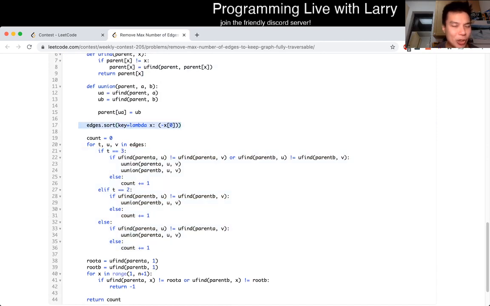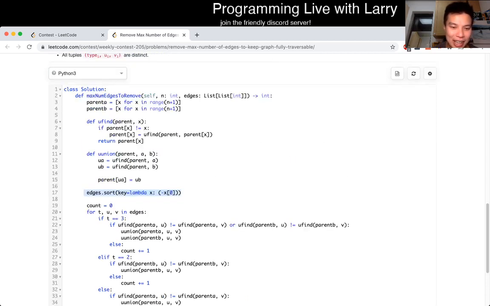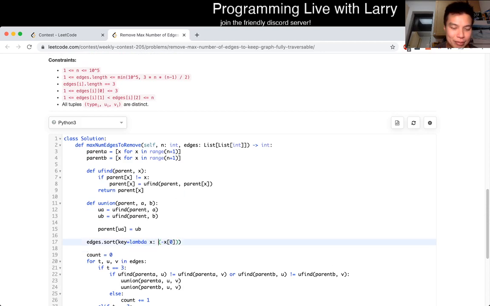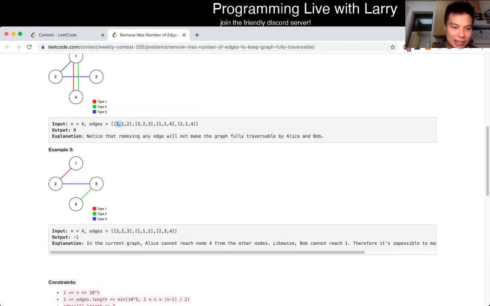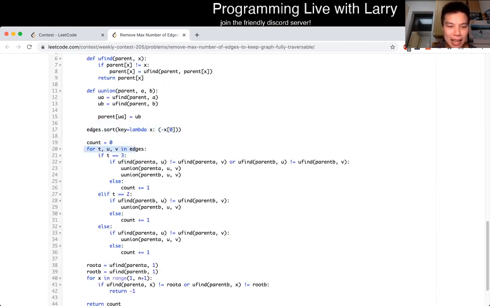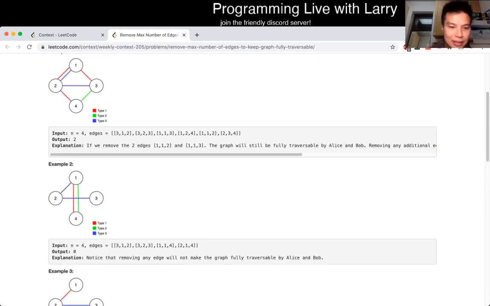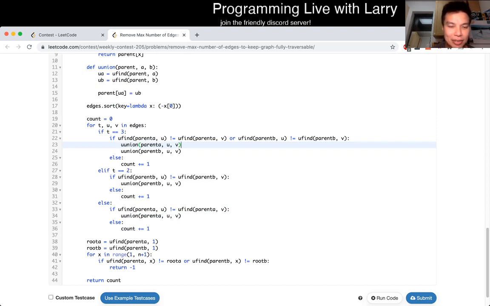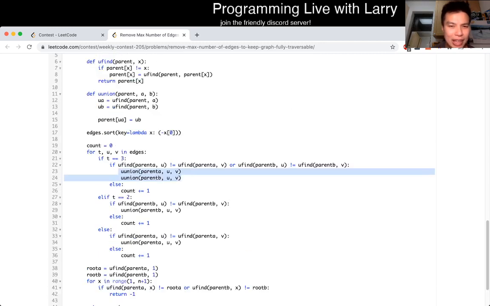this is not a real edge sort. Maybe I should have handled this better. But during the contest, I just use this to sort so that it puts the 3 in the front, is what this does. And now after that, we could go one at a time. And basically, we want to use a type 3 edge if